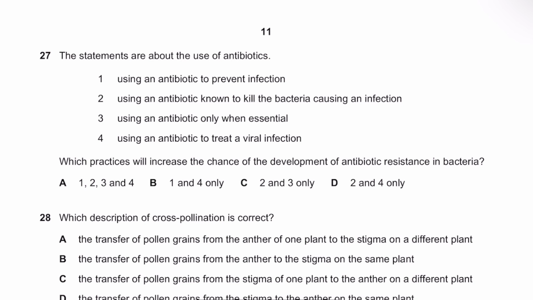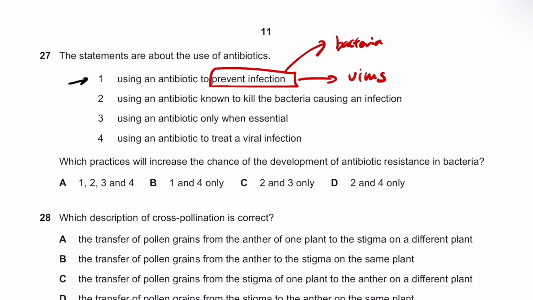So let's have a look at number 1. It says using an antibiotic to prevent infection. Well, it's quite vague. It says to prevent infection. There are all sorts of infections. So infections can occur by bacteria. It can also happen by virus or viruses as well. So in a way, it's quite vague. So if you just use antibiotics to prevent infection,